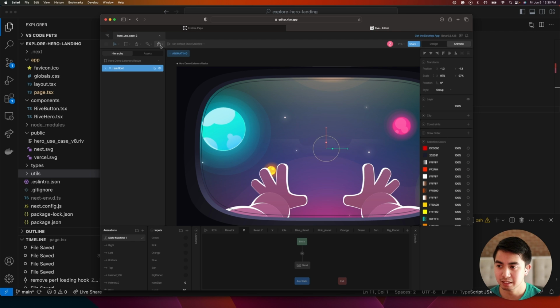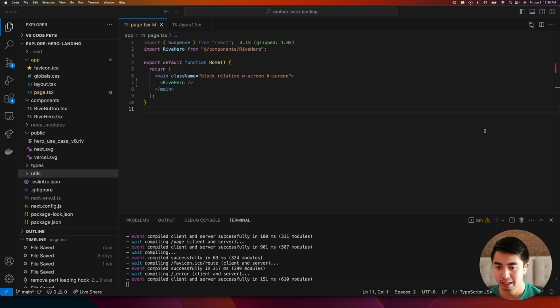Now, to bring this file into our React project, what we're going to be doing is exporting this Rive file. So if I click download in the editor, if I go to the download section, I can click for runtime.riv, download that asset. And now I've already included it, but you can drag it into your React project.